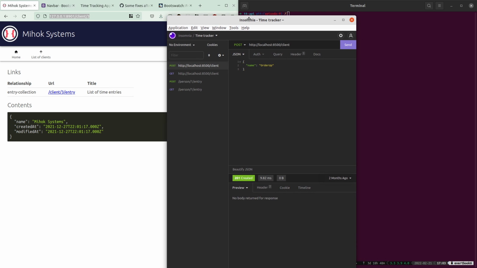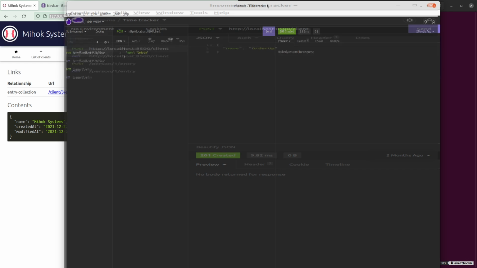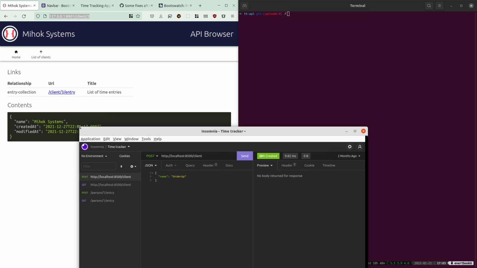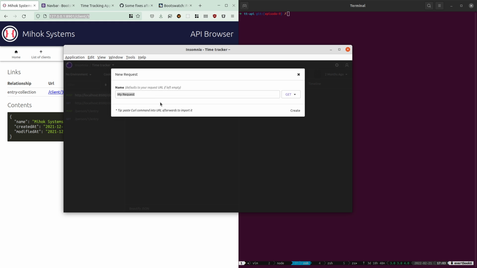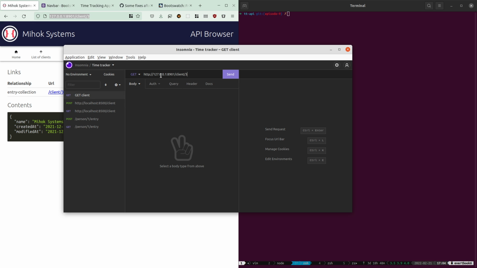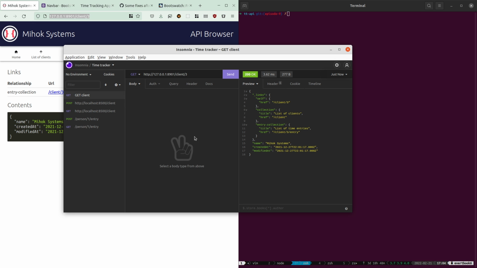Okay, here it is. So let's take the same URL here and test it out. Cool, that seems to work. So you see very similar information here and here. When you open this in a browser, you get the HTML format, but when you use any other client, it